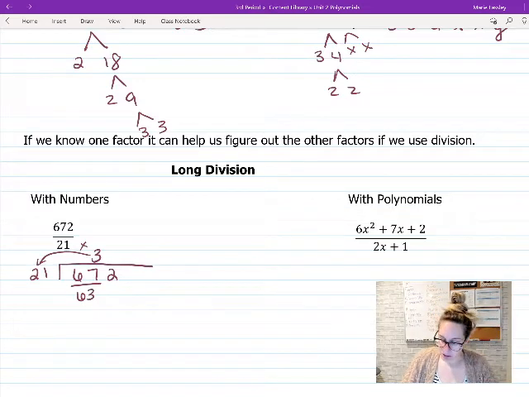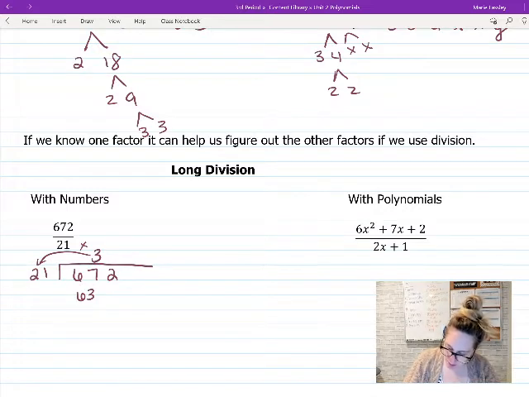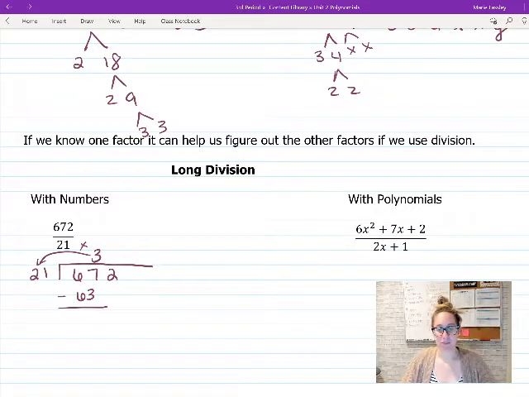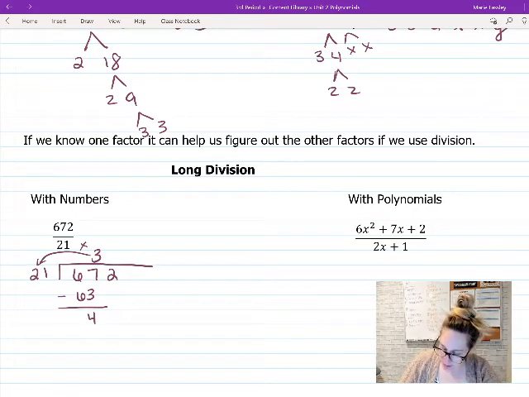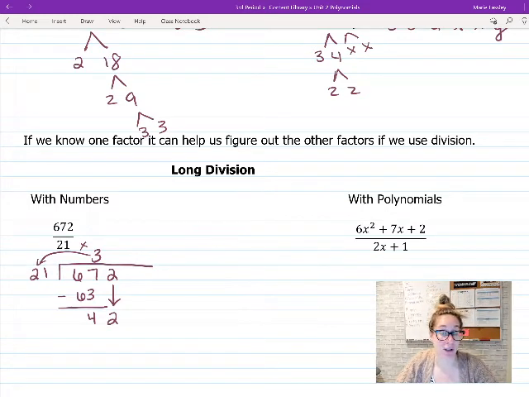The next thing I do is subtract. I don't need that piece anymore. I subtract. 67 minus 63 gives me 4. Then I bring down my next number and put it right here, and it's a 2. So now I start over. Now I say, okay,